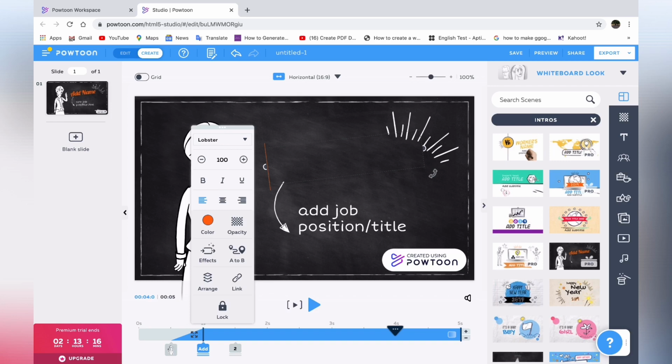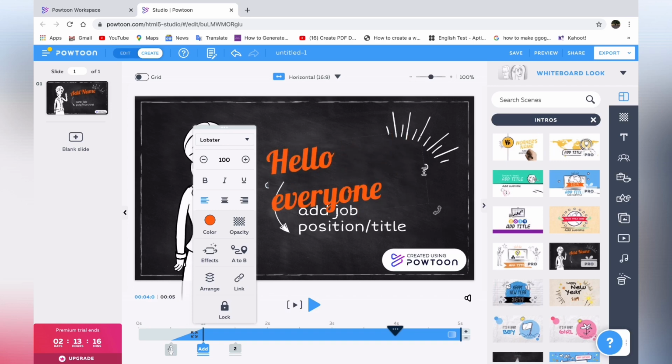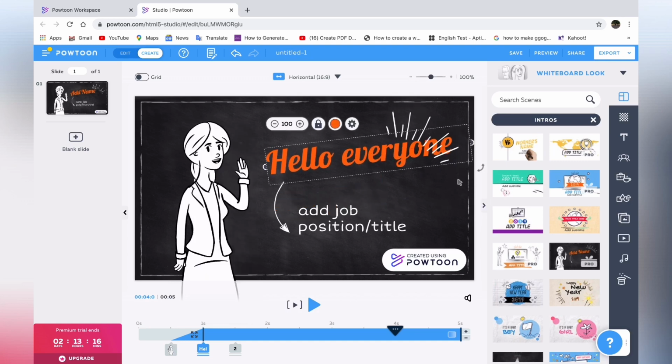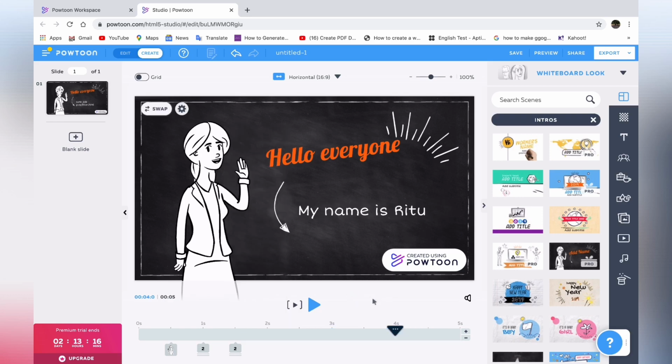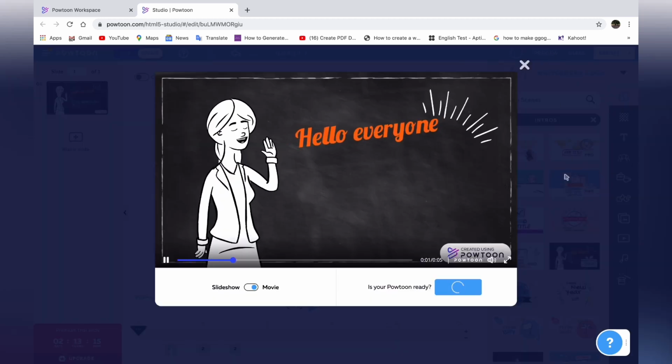I can edit the text in that scene. And also on right hand side there are some tools available that you can use to change the background text or add some more characters, animated characters or video, audio, images in your Powtoon video. So you can choose all those options also. Like here I am changing the text and changing its color, position as per my requirement. After that you have to click on save and then you can see the preview.